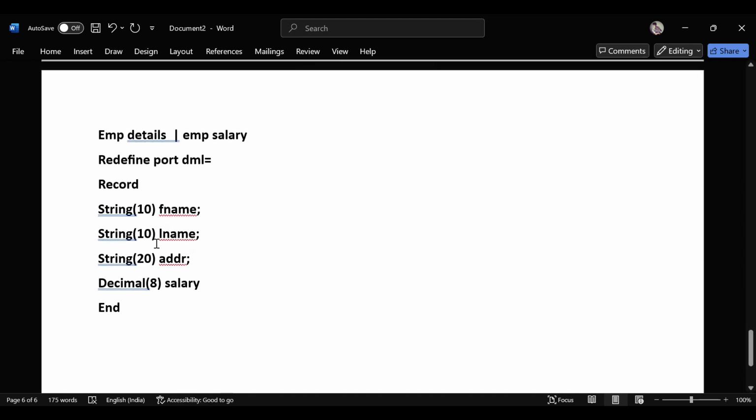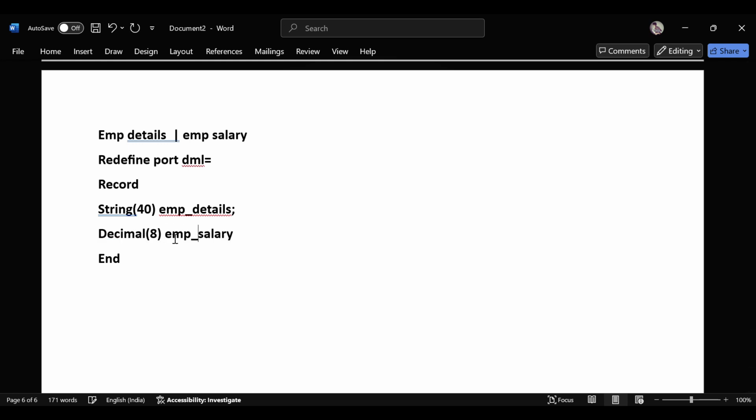Here in the redefine, 10 plus 10, 20 plus 20, 40. So here for the 40, I'll just give employee details. I'll take these two off, and then decimal as it is. Here the name changes to employee salary. That's it. The thing is the rule, I'll just tell you the rule: no change